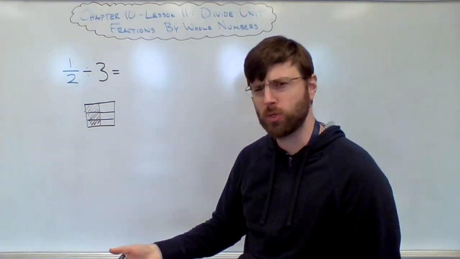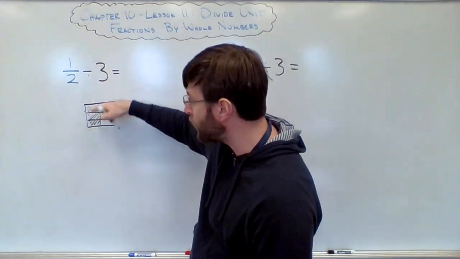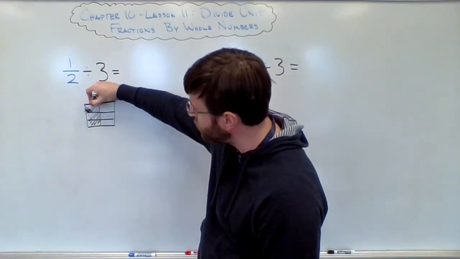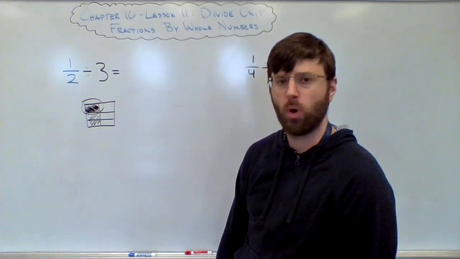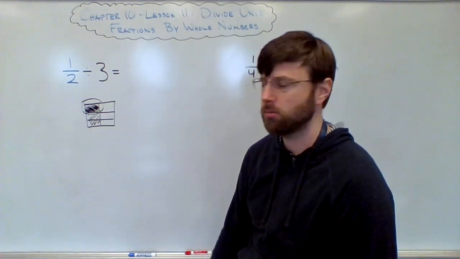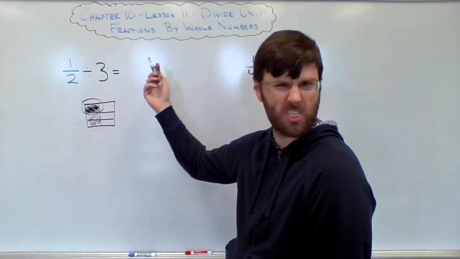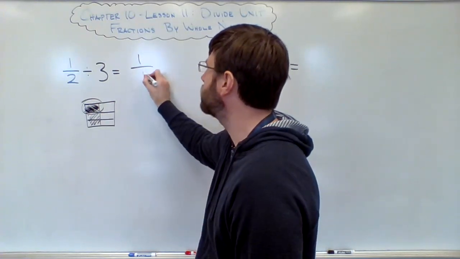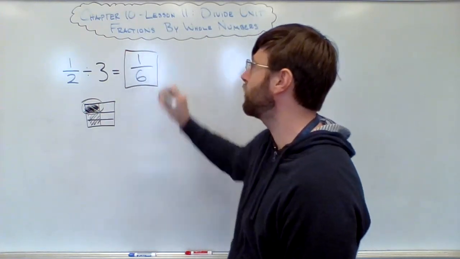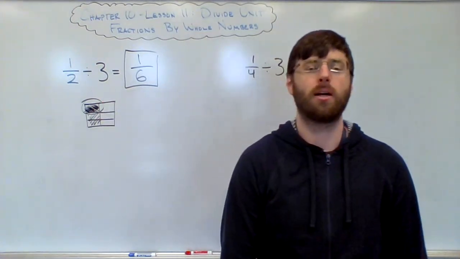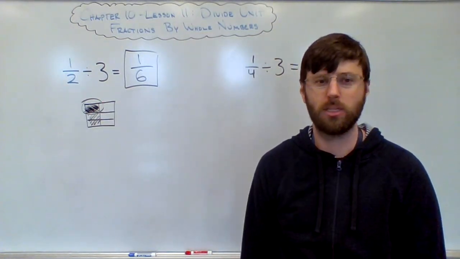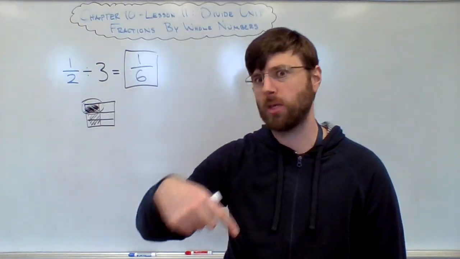And what would each person eat? Each person would eat 1/3 of what's there. So in this case, each person eats that much right there. Well, how much of a whole ice cream cake do they eat? They ate 1 slice out of, it would have taken 6 at this point to come up with a whole cake. So each person ate 1/6 of a whole cake in this particular case. Or if we relate it back to the actual problem,